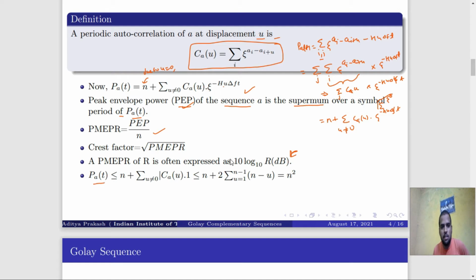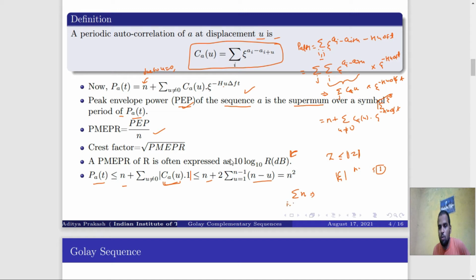Suppose PAT is less than n plus the summation of C_A(u) for u not equal to 0. We know that |z| is always less than or equal to |z|, and we know that e^{jθ} is a root of unity, so its maximum value will be 1. So PAT is less than n plus the summation over u not equal to 0, and the modulus is less than n, which is represented as n plus 2 times the summation for u from 1 to n minus 1. Now C_A(u) maximum value will be n minus u, and we know that the summation of